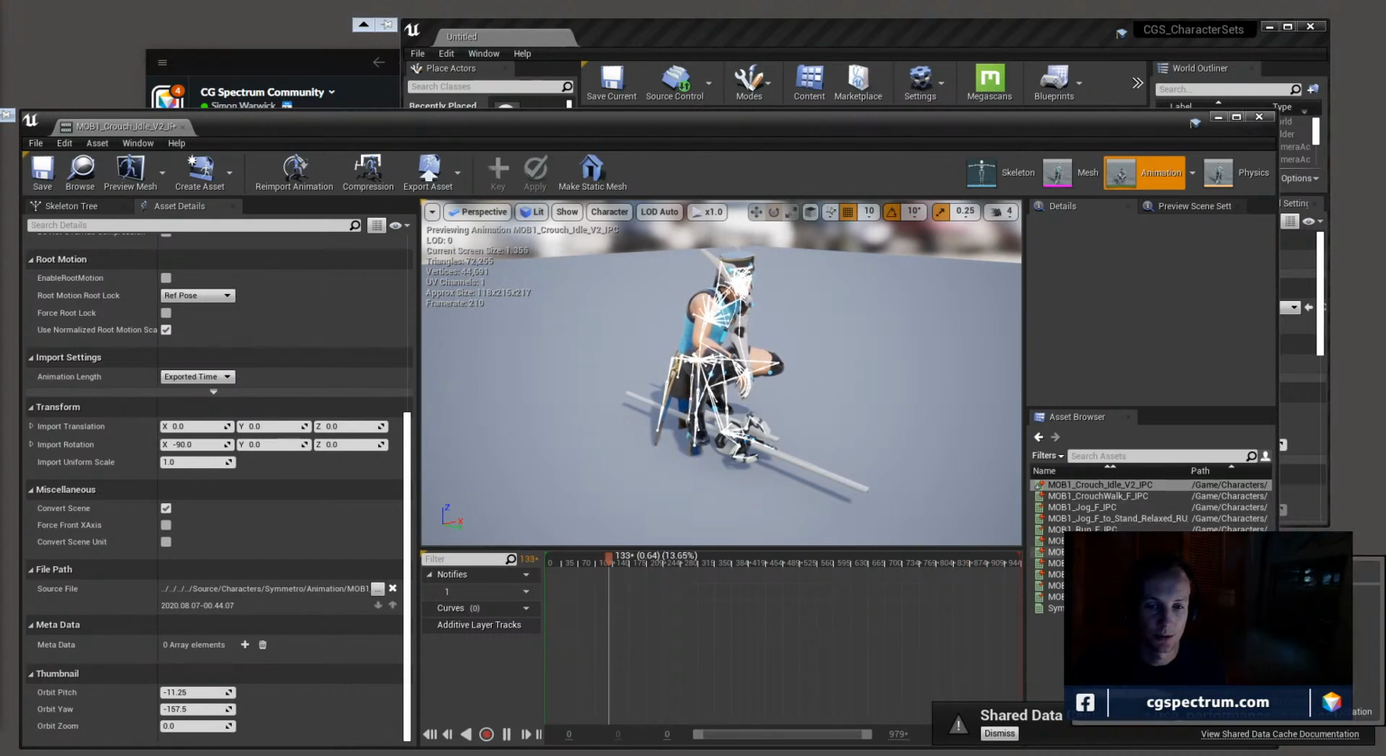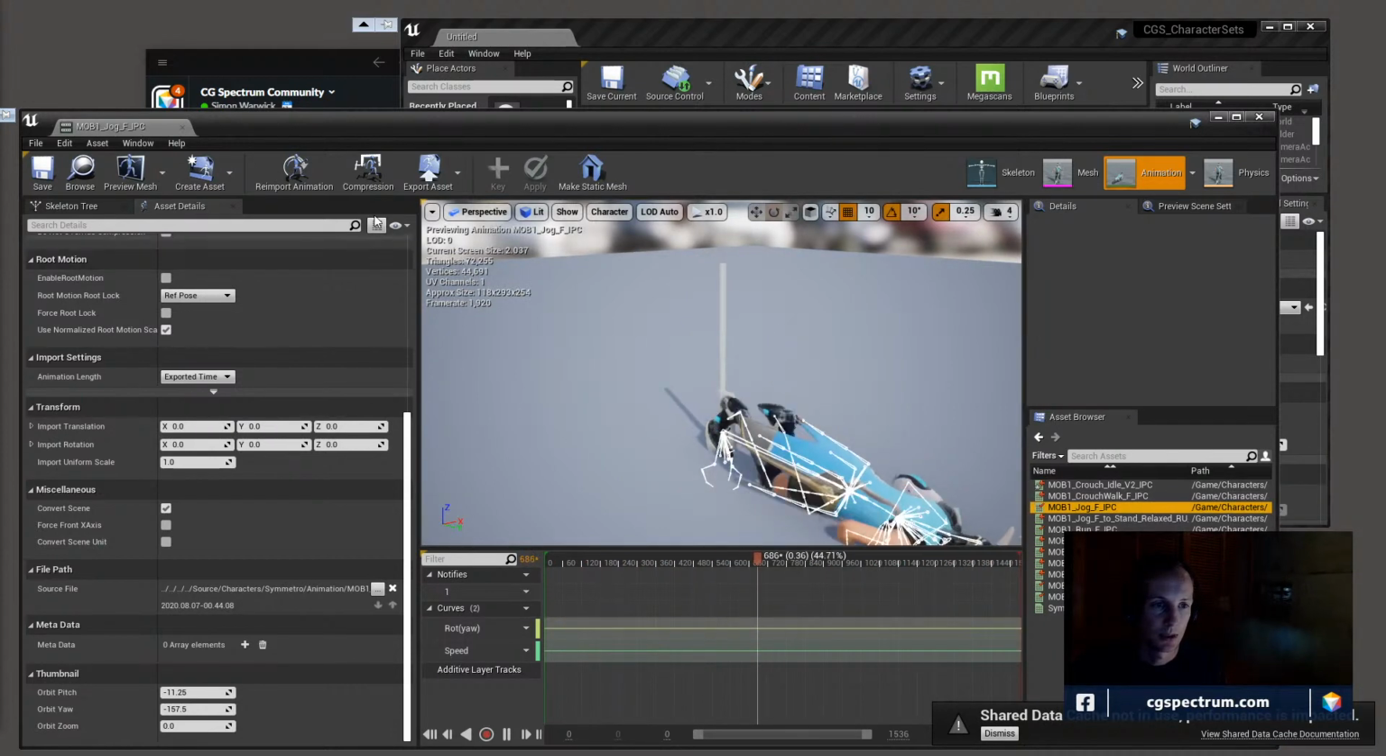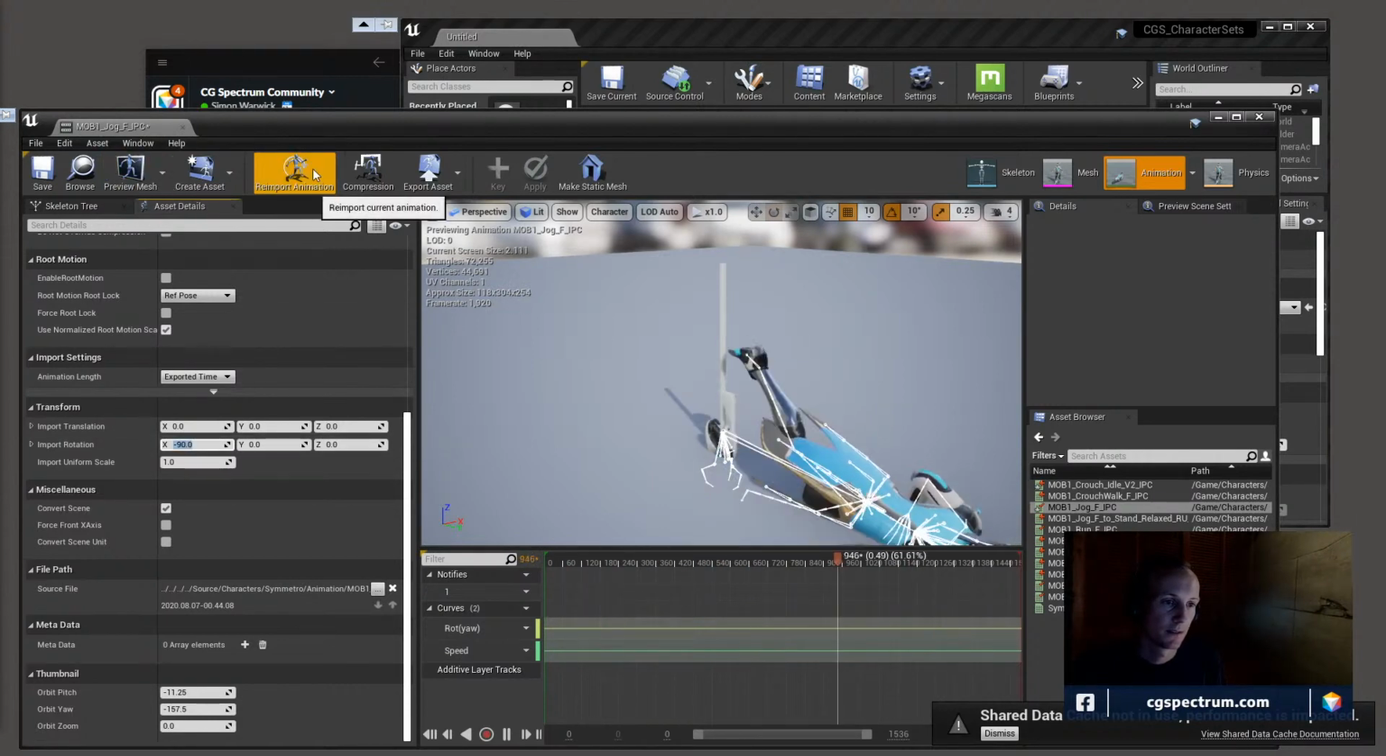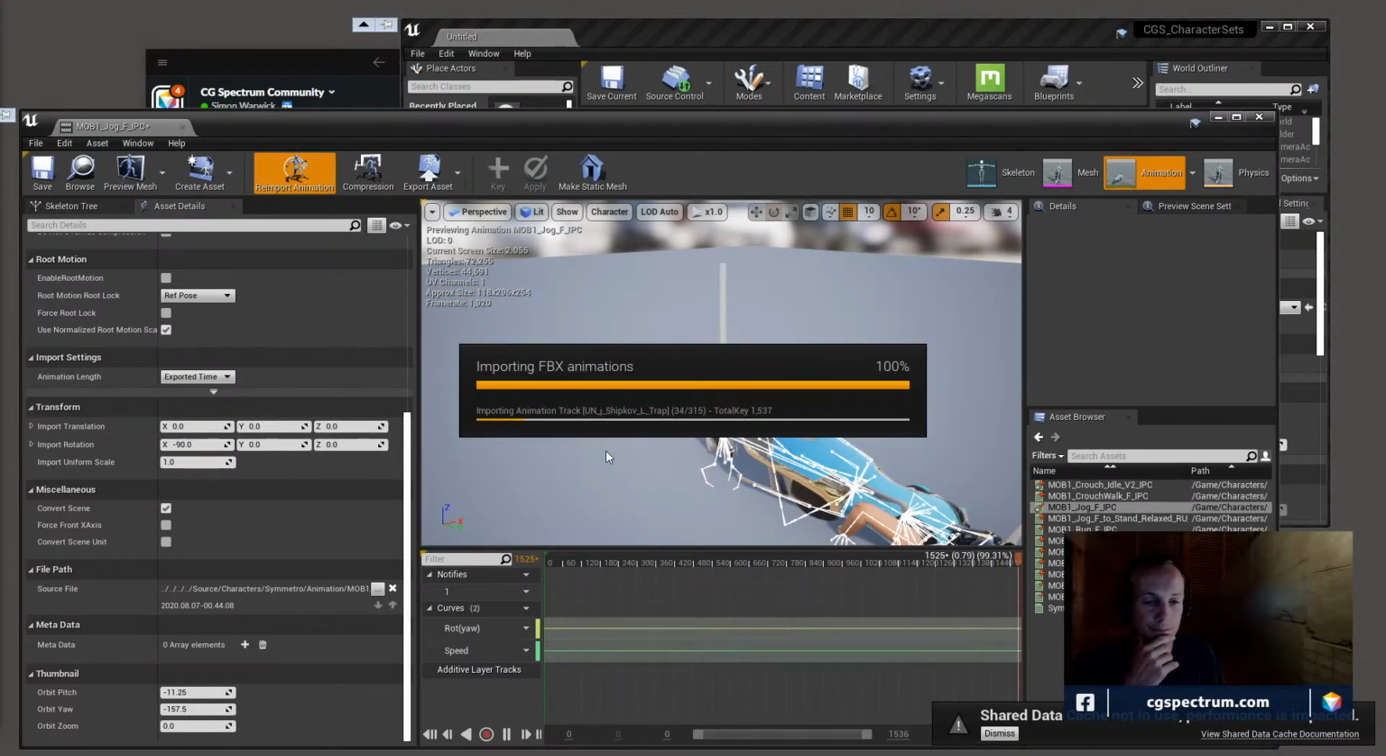So I guess we could do it for, we got the crouch. Let's do jog. Minus 90, re-import, and then we'll do the idle as well. Maybe if we have time. We don't really have time, but